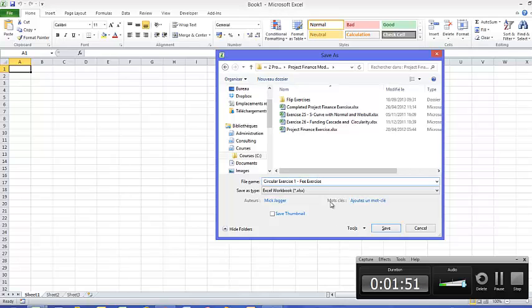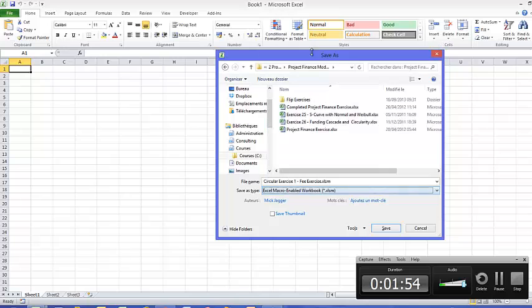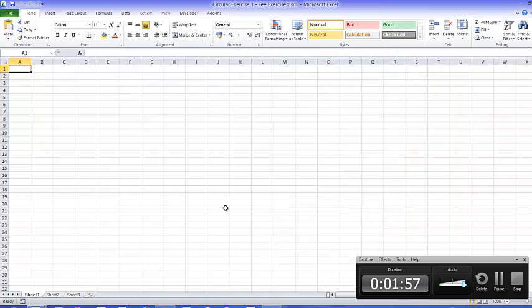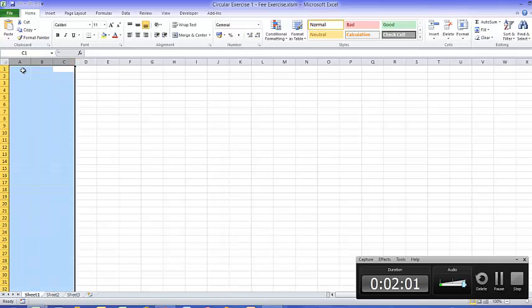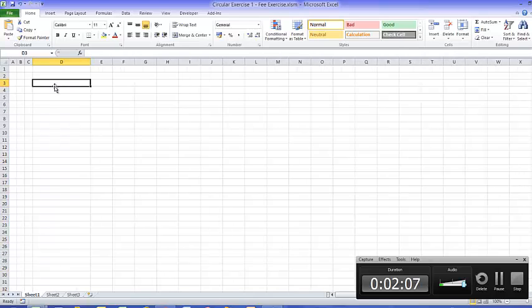And so what I'm trying to do is come up with the simplest possible example of a model, and I'm going to save this as a macro-enabled workbook. Now if we're just starting a model, let's make the first 3 columns small, the next one wide, and let's put some construction